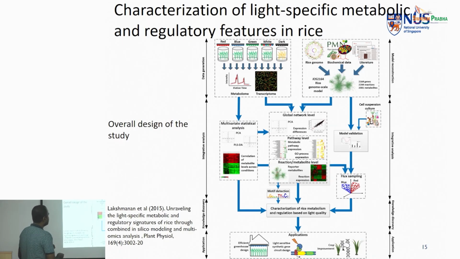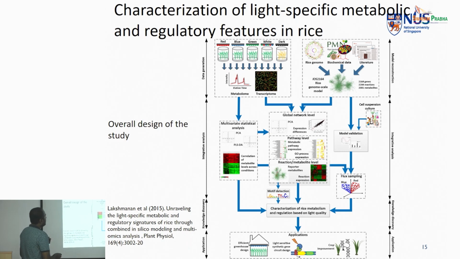Some of our collaborators were able to grow the rice plants in different colored lights in a conditioned environment. We did this in red and blue, which showed the maximum amount of photosynthesis, also green and white, which has a mixture of all lights, and then complete darkness, no light at all. They are not exposed to any light.